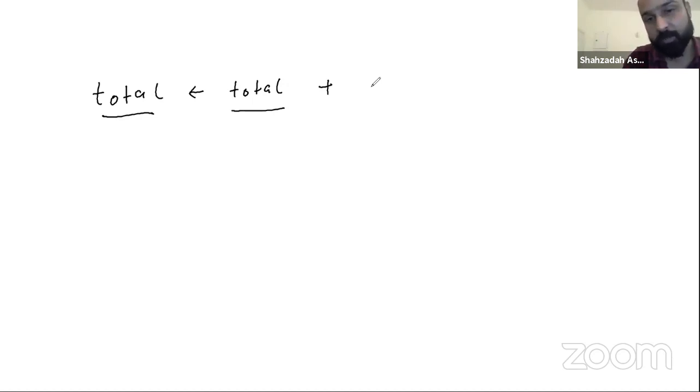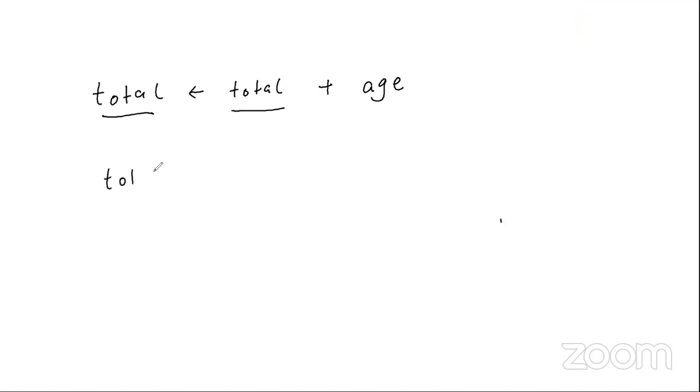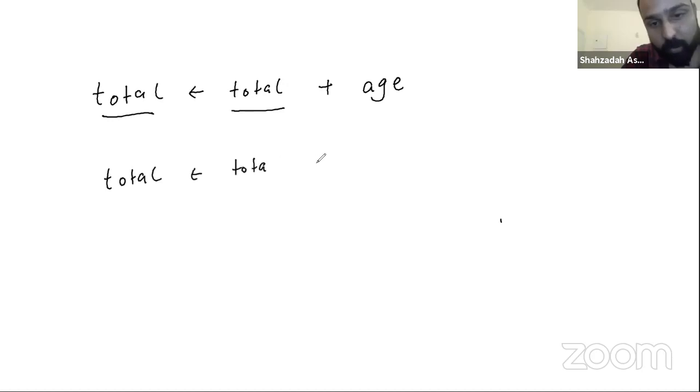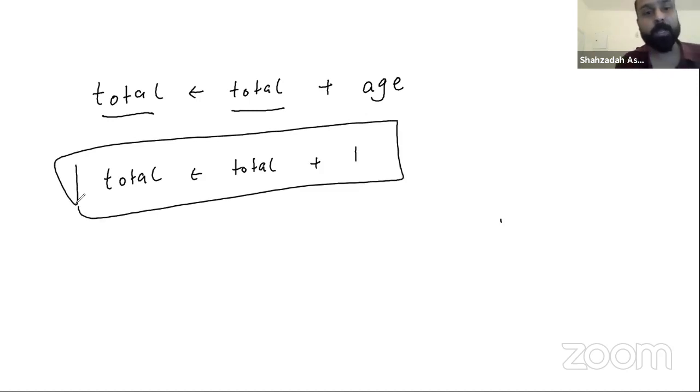Let's suppose it could be like age, numbers, price, anything. So the only difference between totaling and counting is that अगर इसी को मैं यूं लिख दूं, total assigned to total +1, तो अब ये totaling नहीं कहलाएगा, counting कहलाएगा।